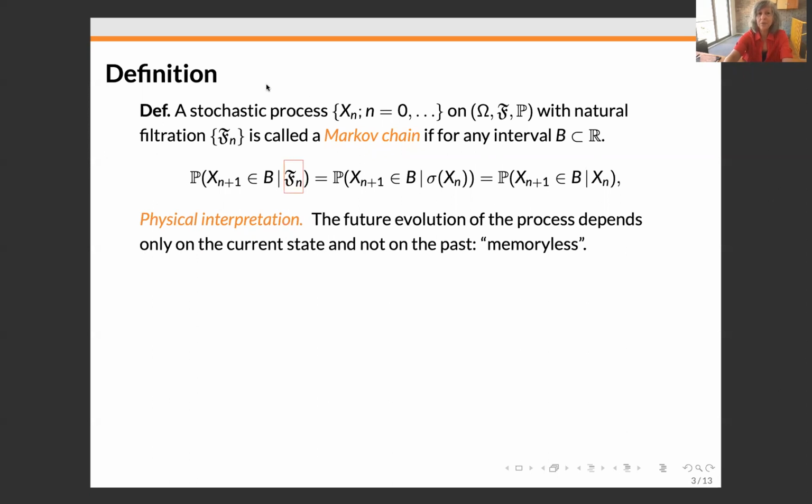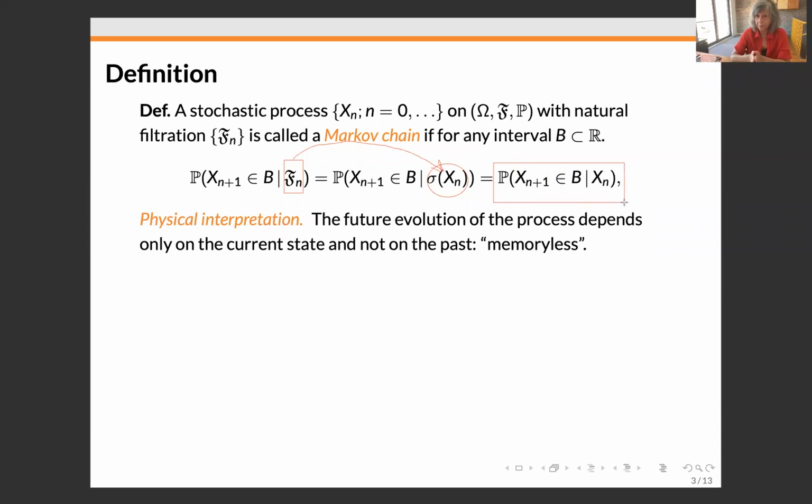So that's basically what makes it Markovian, that conditioning on the whole history of the process is equivalent to conditioning only on the sigma algebra generated by the current state of the process. And as we have seen in the definition of conditional expectations and conditional probabilities, this is the same thing as just the conditioning on that random variable, which is probably a notation that most of you will feel more comfortable